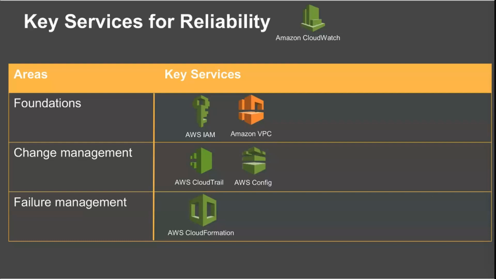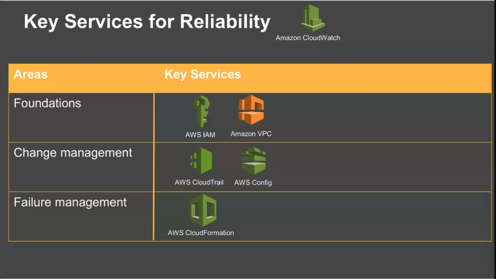Probably the work of these services. Then failure management. When it comes to automation, the native infrastructure as code service to use is AWS CloudFormation. But away from that, we have Terraform, which is also equally important. But also we can leverage the use of Elastic Disaster Recovery. This is a service that can enable you to recover whenever a disaster hits a region. So those are just a few AWS services that are under reliability.